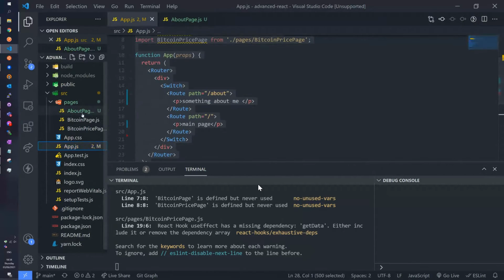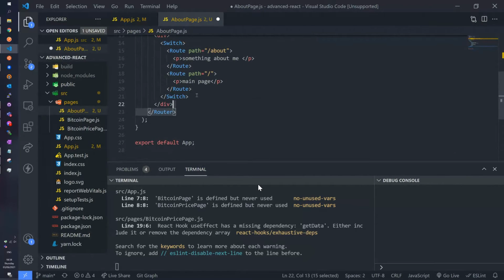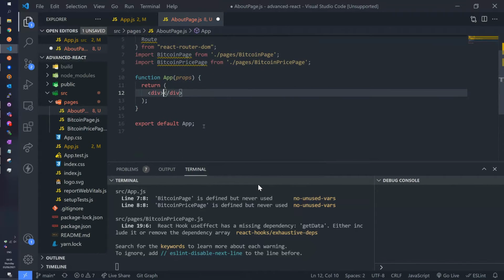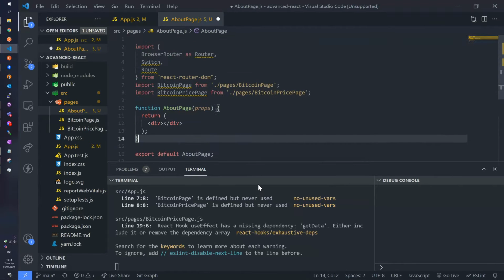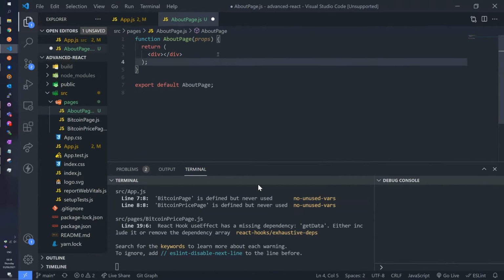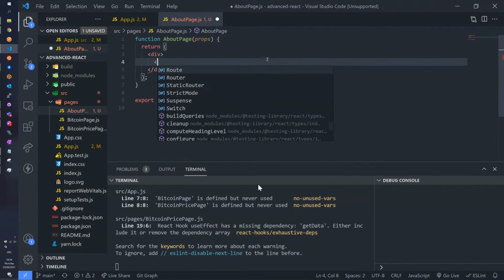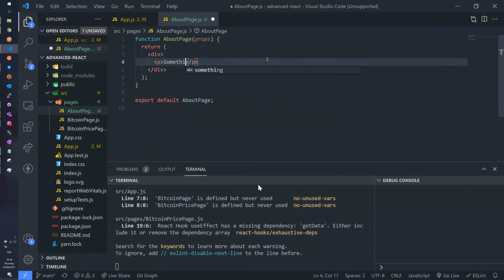I'm going to copy some of this stuff just to make it easy. I'm going to make a clean React component with a div. We have to give it that name, the about page. We have to copy this here and there. We're not importing absolutely anything for now. This will be a simple div with a simple paragraph saying something about me.